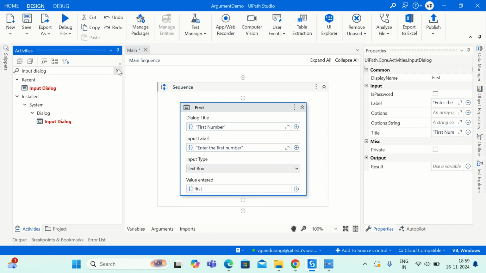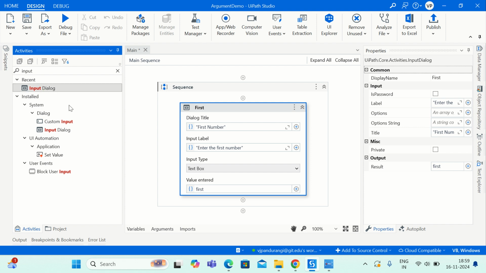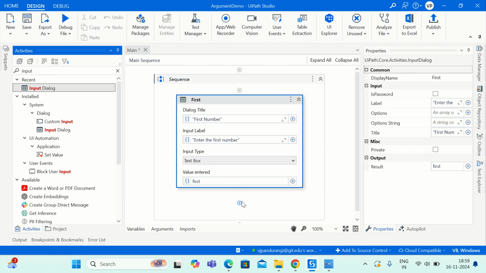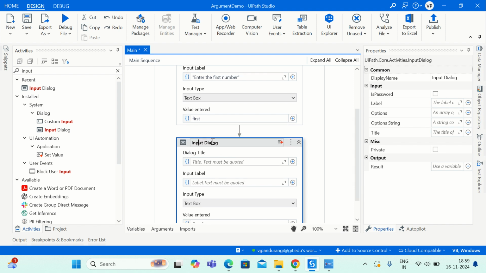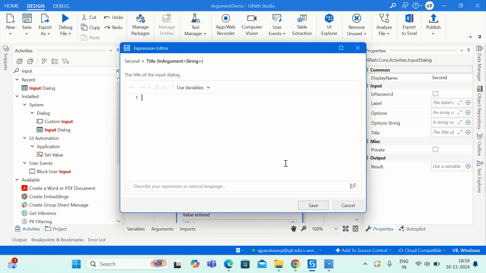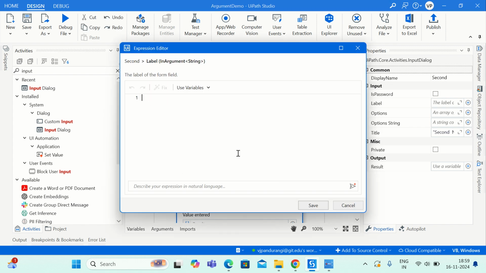Okay, and then let us use one more input dialog box right below this. I'm just gonna drag and drop it, and let us configure this. Let us rename this input dialog as second. Okay, and let's give the title for this. Here I'll say second number. Okay, and let us configure the label. Here I'll say enter the